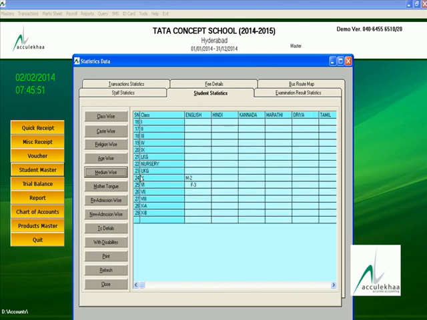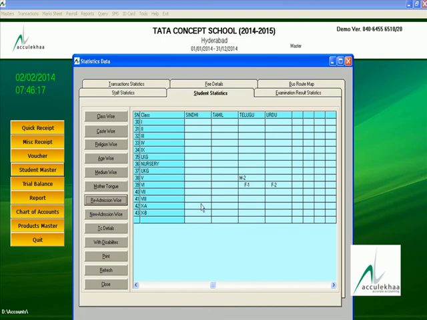Medium wise, all students are English medium only. Mother tongue wise, basically Telugu, 3 people, 2 male, 1 female. Urdu, 2 female. Readmission wise, new admission, TC issue with disable status.